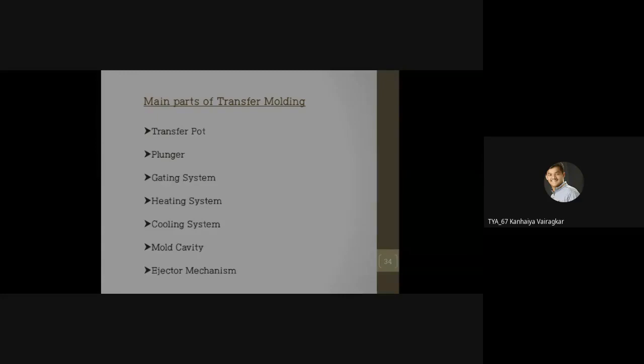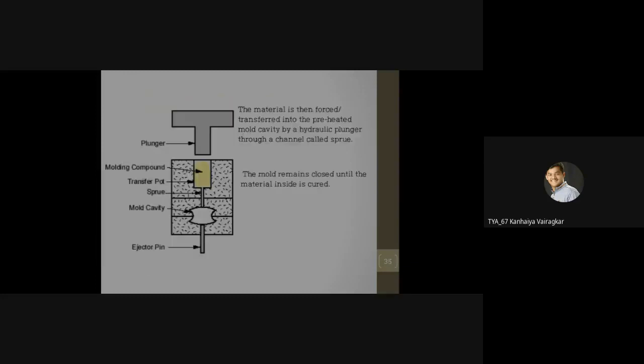Heating system and cooling system are already part of any kind of molding process. The transfer pot and plunger are additional, and some kind of gating system is sometimes also required additionally. Here you will understand it easily. Whatever parts I discussed, you can see all the parts here also.